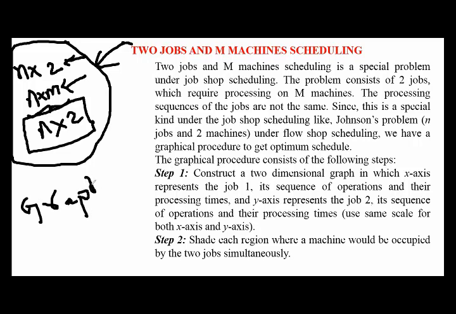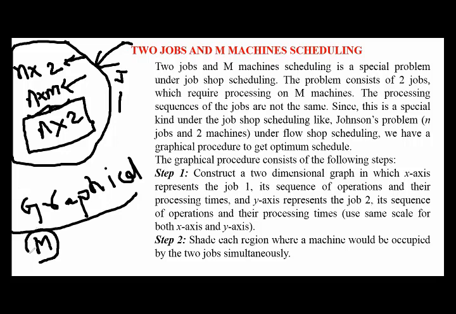Here, coming to the main difference between Johnson's rule and the graphical method. In Johnson's principle, we solved n jobs m machines problems, and here we consider the job sequence. According to the job sequence, we perform the machining. For each job we perform multiple operations. Coming to the graphical method, here we follow the sequence of machines. The main difference between the graphical method and Johnson's principle is the sequence.